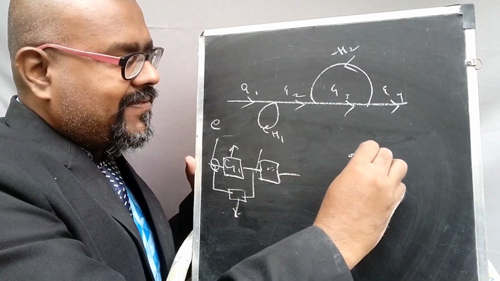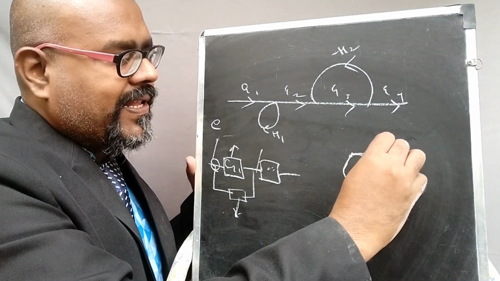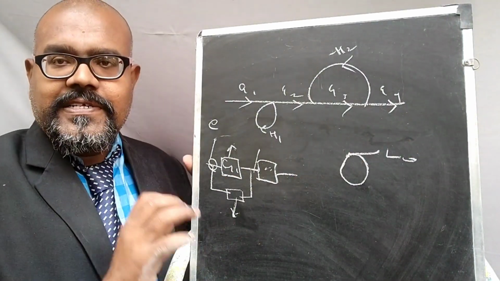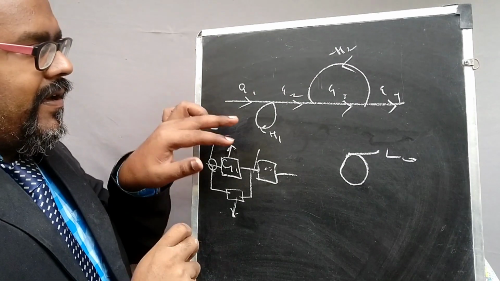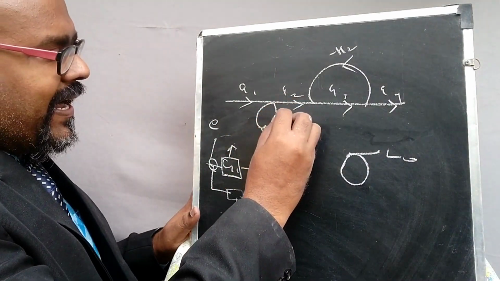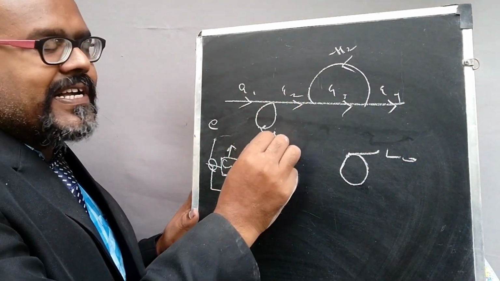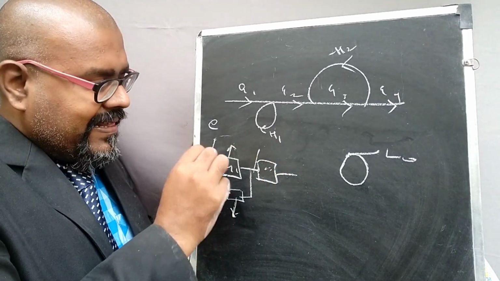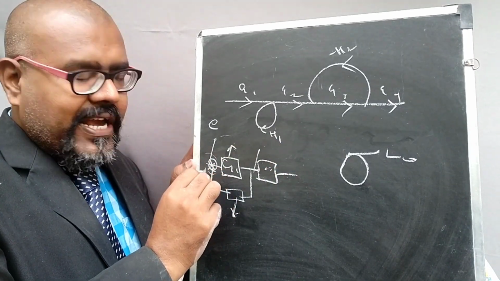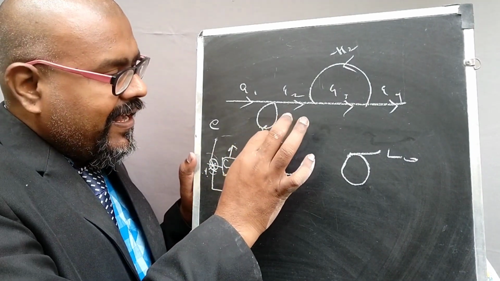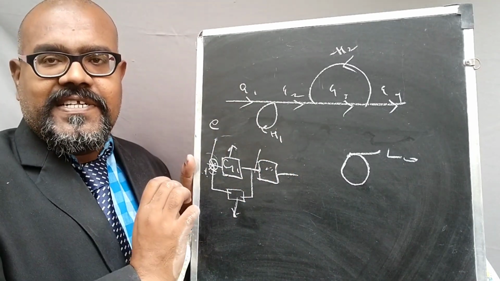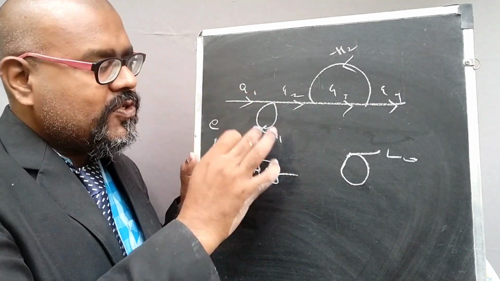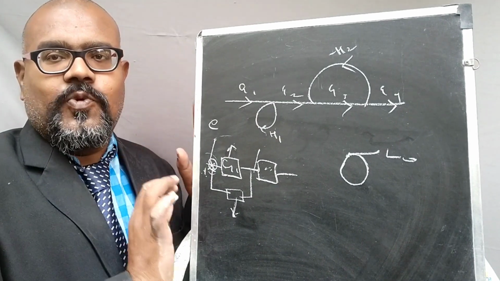It is nothing but start from one point and end towards the same point. That is considered as the loop. All the loops are considered as feedback. Here, it starts from one point and ends towards the same point, so it is considered as the loop. Here, the indication of summing point, positive or negative, is indicated in front of the H itself. Here, there is no sign indication, so it is the positive plus H1.